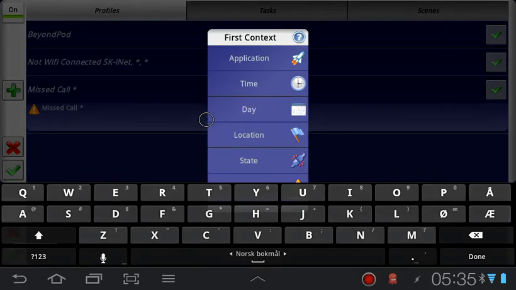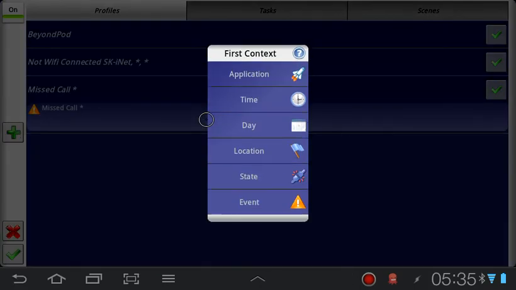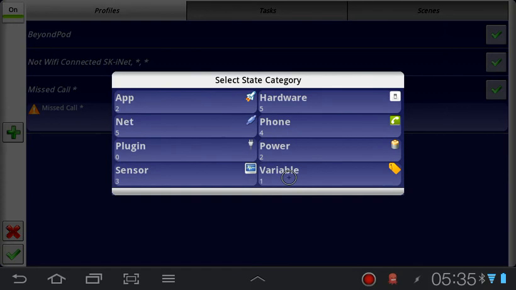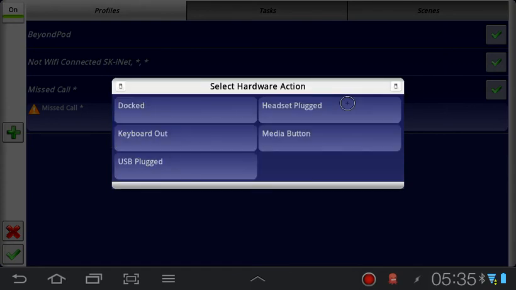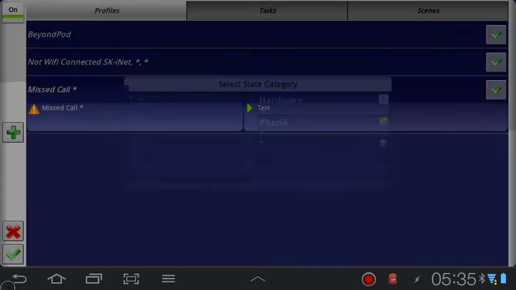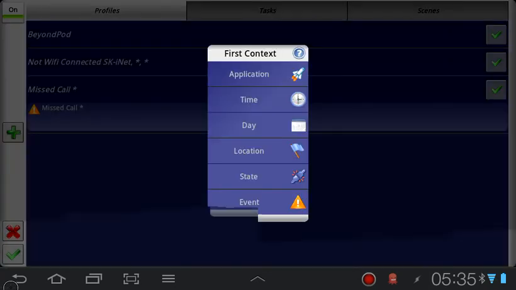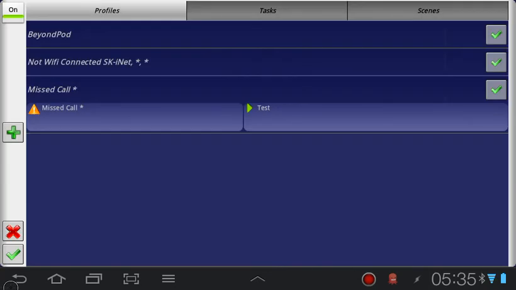Basically you have all these different triggers here, it's just crazy actually. You can even have it so that when the USB is plugged in, it reminds me to copy those vacation photos from last year or something like that. You get the point. You have all these different potential uses that go far beyond just being notified at a specific time or